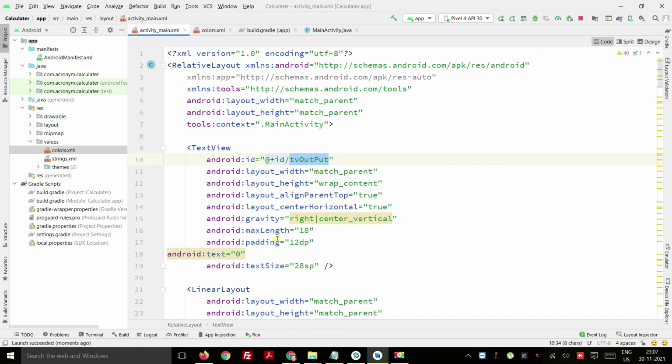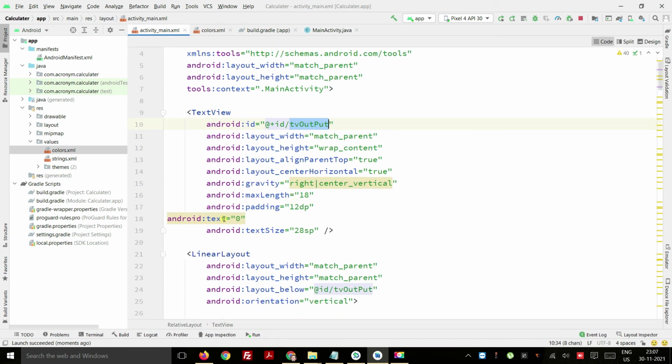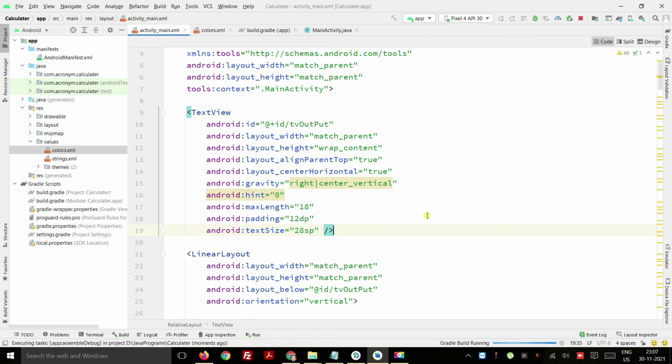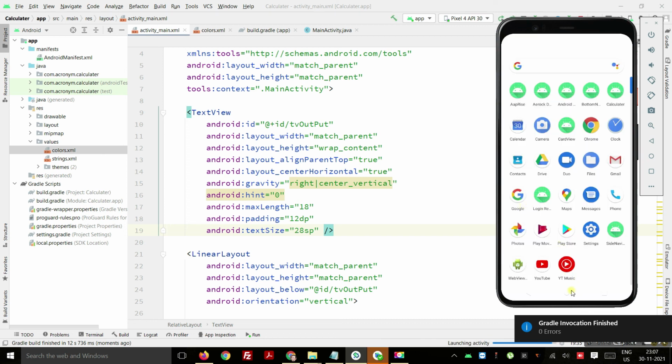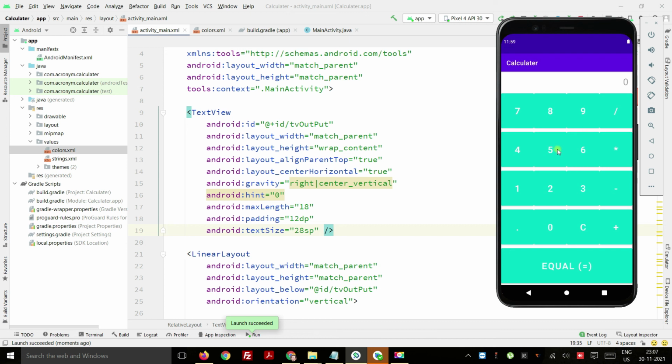Now, as you can see, the application started. I have set some text. Instead of setting some output text here, I will put it as a hint. I'll just put Control Alt this, and then put it as a hint. You can decorate these buttons. There are various methods. In my future videos, I will teach you how you can make these buttons look very good and nice. Right now I have just used a simple method, so we can see how our application is working. You can see right now there is a hint. I'll put 8 divided by 2 equals, and the value comes as 4. If it has some dot, you can remove the dot also.